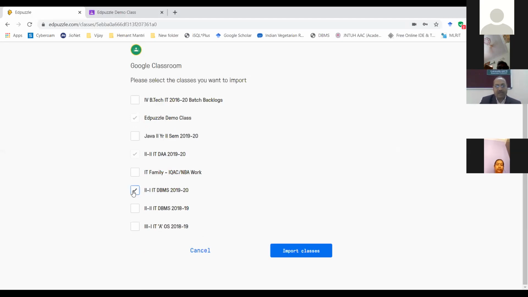I can import any class here. Just click on that class and click on the import classes. Already I have the Edpuzzle class, so I will not import any other class here for the time being. So I'll go only for the Edpuzzle demo class, already imported to the Edpuzzle.